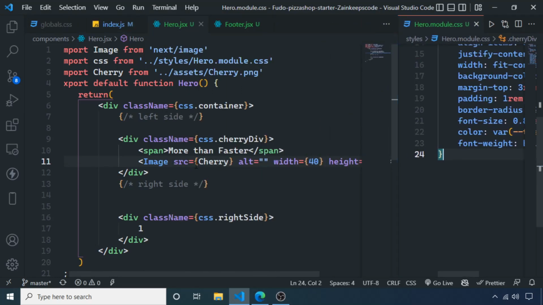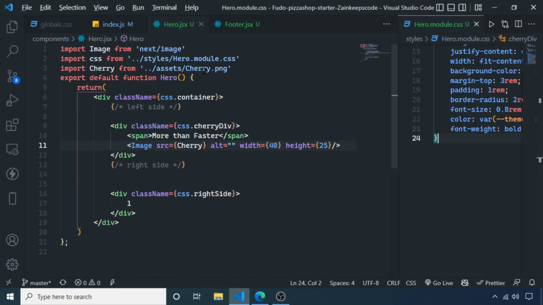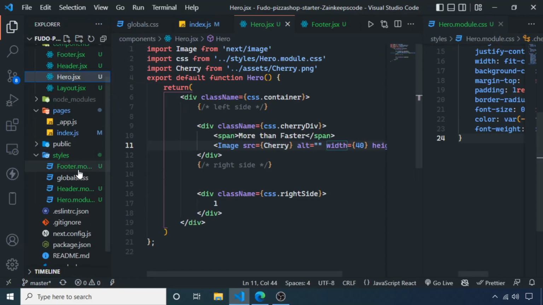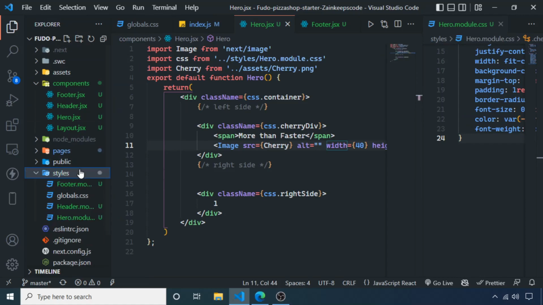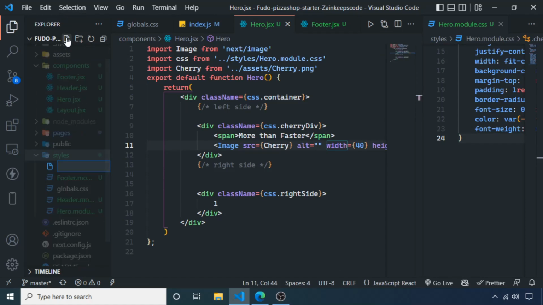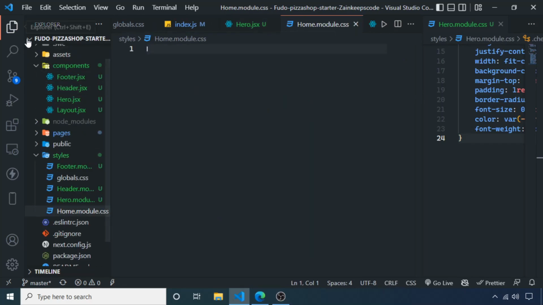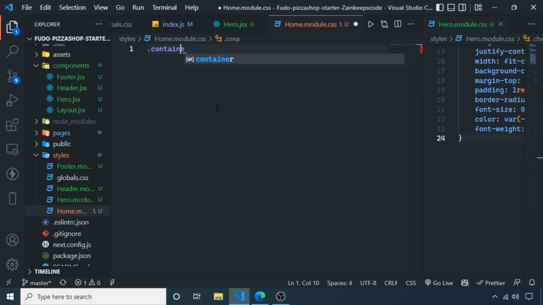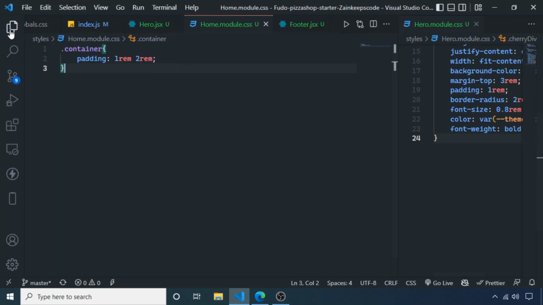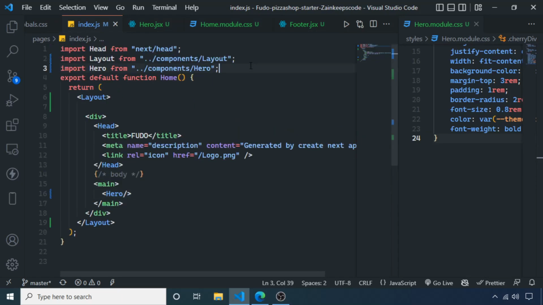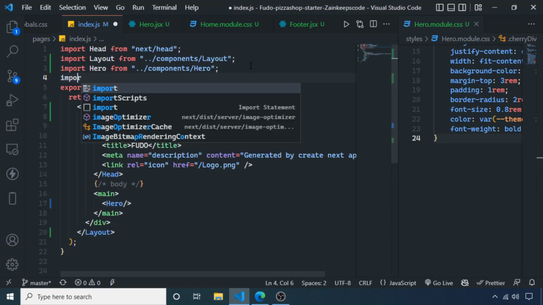So as the padding is not only belonging to the hero section, it is involved with all the page. So for this, inside my styles, I am making a new component with the name home.module.css. Okay, and here I will make a container, and for this container giving a padding of 1 rem and 2 rem. Okay, now where I will include this container, so inside the index.jsx I am including the css as